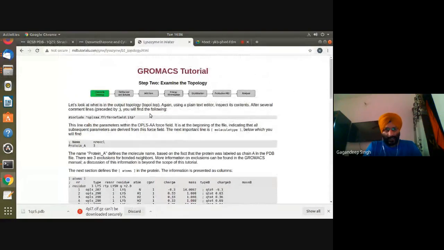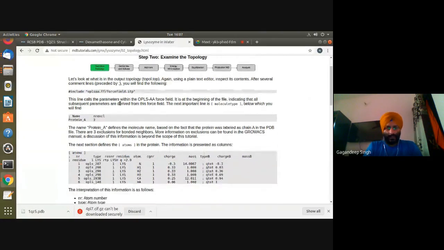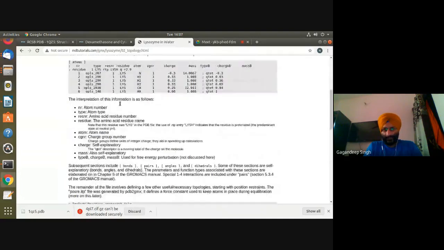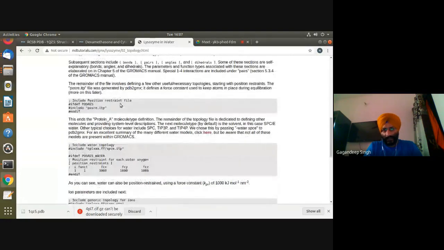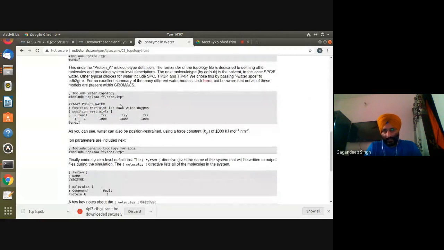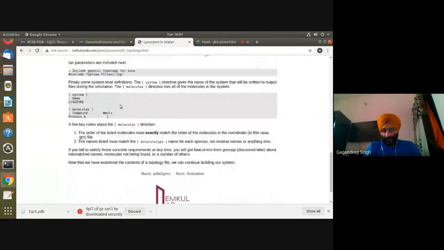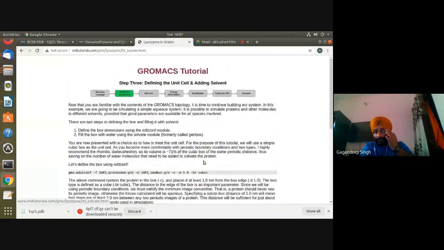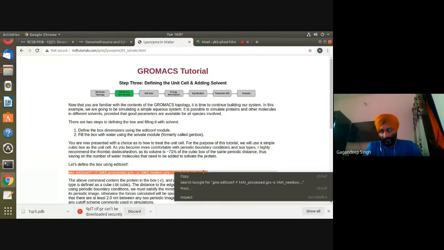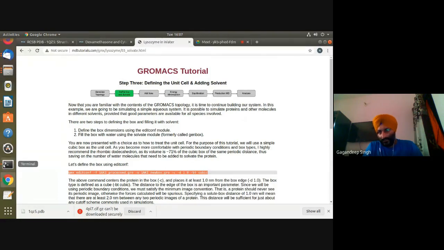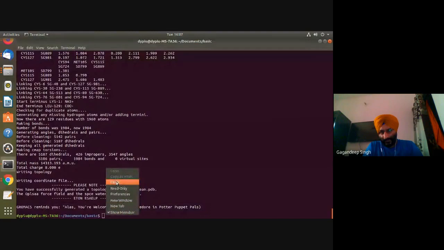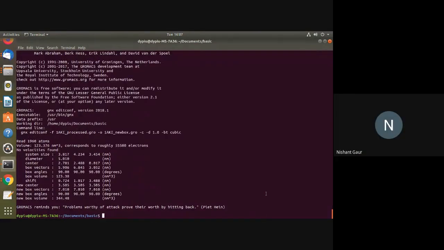Now, a second. This type of file is already available that we have seen. Now, for solvation, yes, just type Control C. Now we'll get new box.gro.